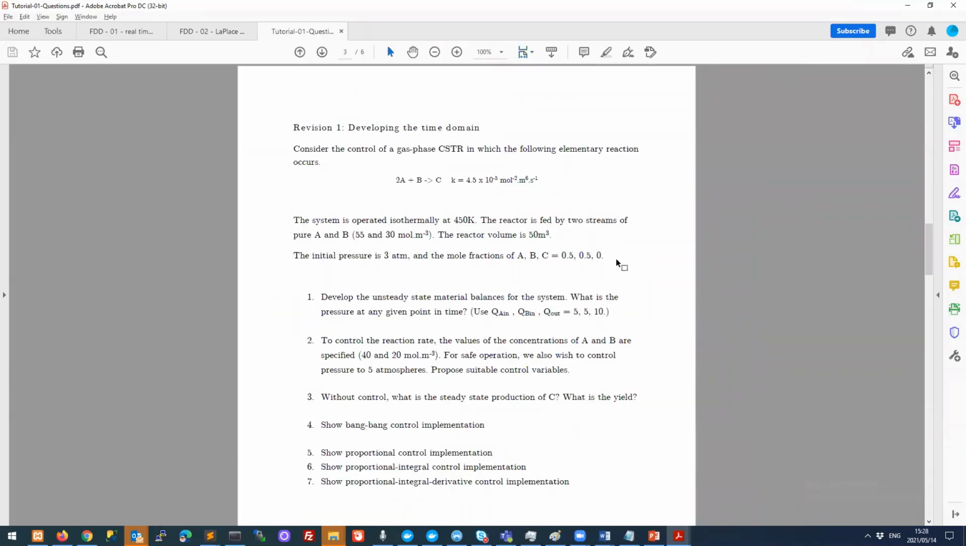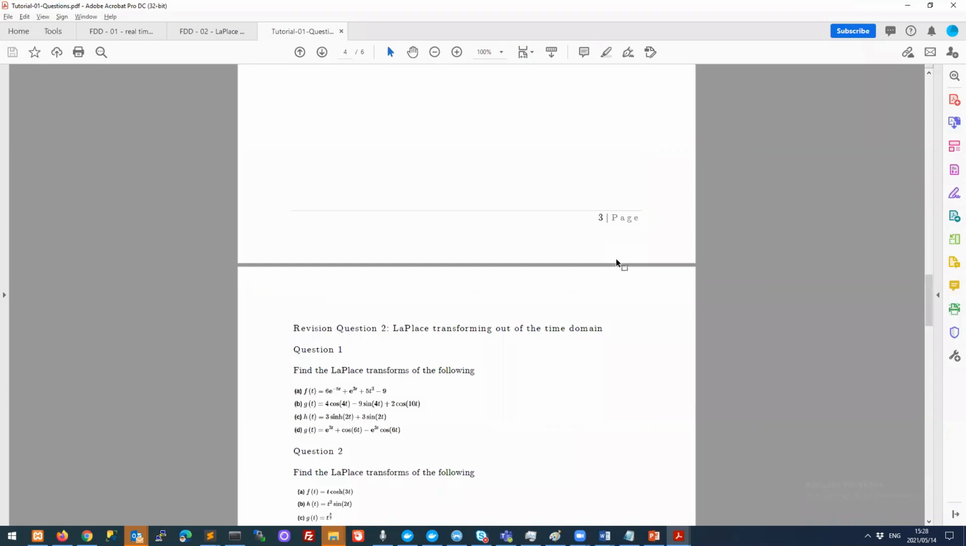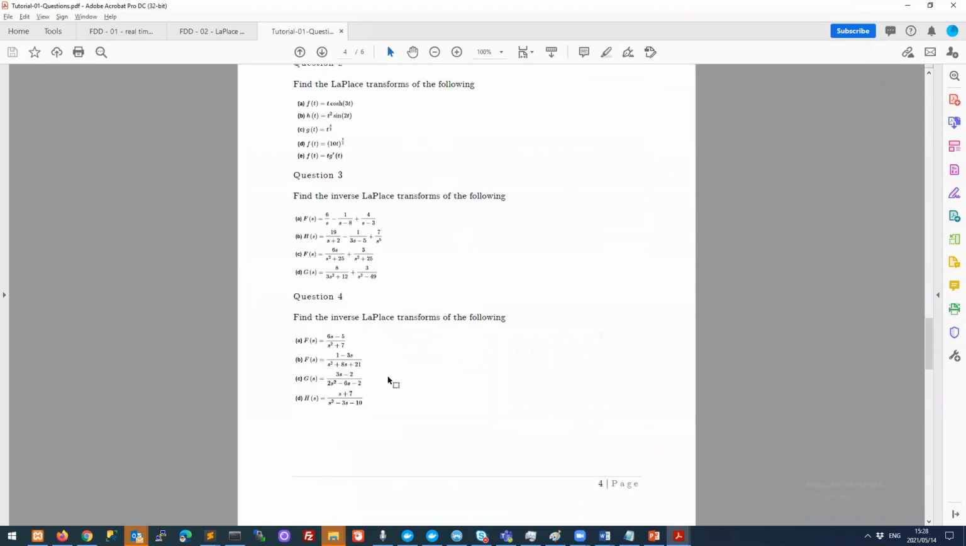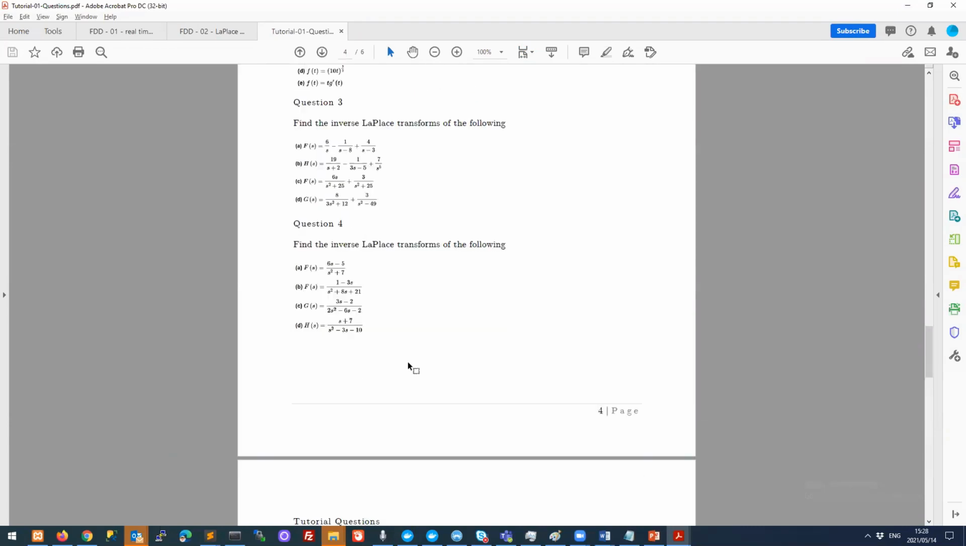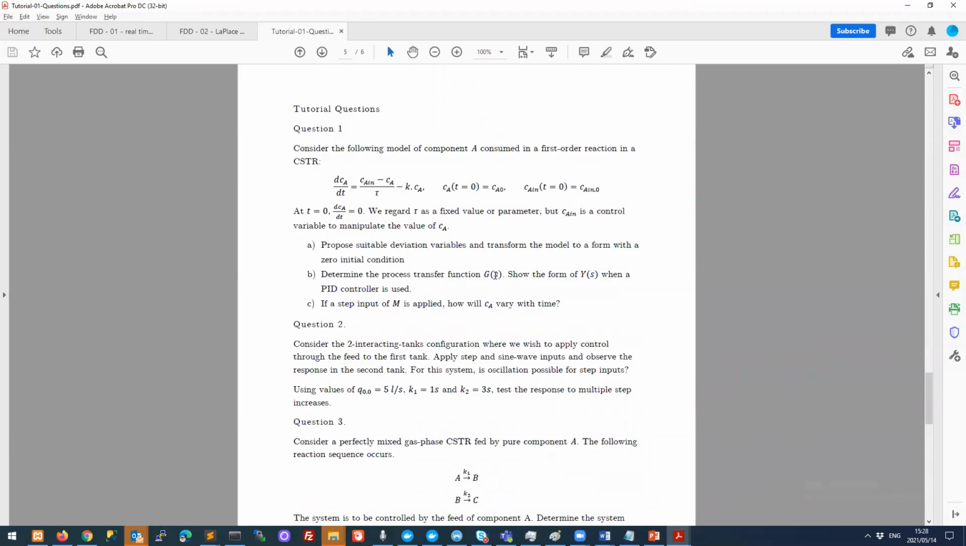Then your revision question 1, that's just being able to show you can develop an unsteady state model. Your question 2, that's just showing you can do your Laplace transformations, so be able to do these. And the actual tutorial question is here. So in fact, we'll work through this first question. So the first question says, you've got